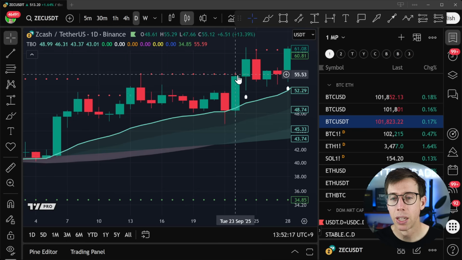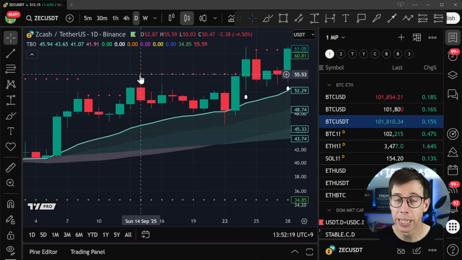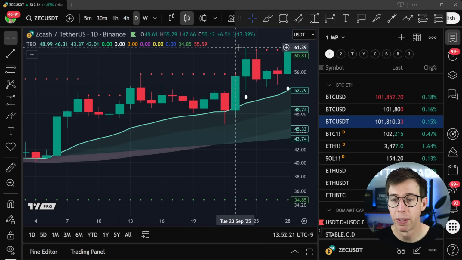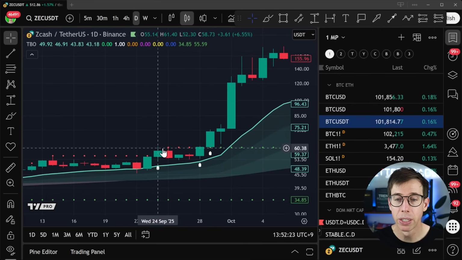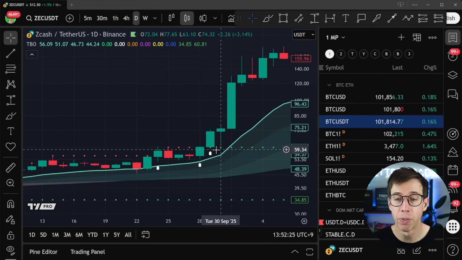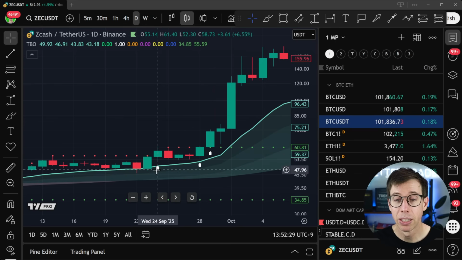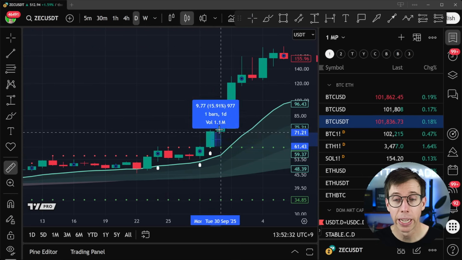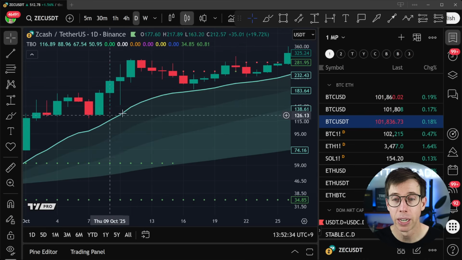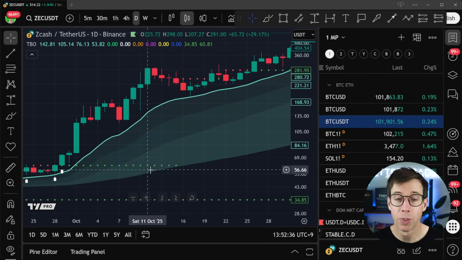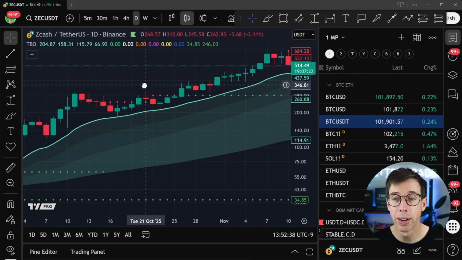Then we see this red dotted line that's automatically plotted by the indicator. And then we see the price push above it. That's a huge move. Basically, that's breaking out above support. If you wanted to know if there's a bullish breakout happening, the TBO breakout's letting us know, watch out, and then we finally get it. That's a massive signal. So we can see these TBO resistance lines getting pushed up higher and higher and higher